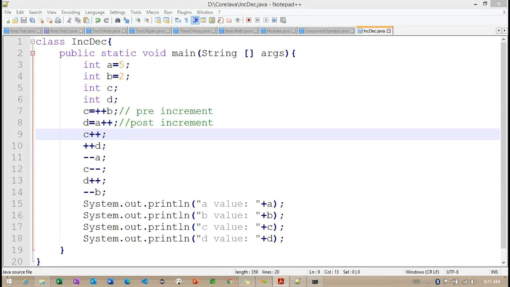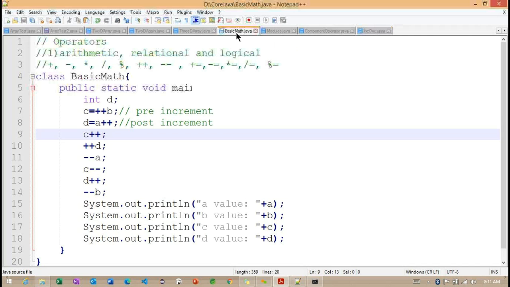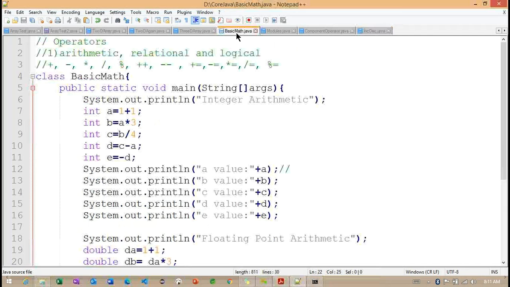Later, we are going to discuss the relational examples. Once relational is completed, we'll go to logical. We can complete relational and logical tomorrow. Once those are complete, we'll move on to loops. What loops do we have in the Java language, and what is the difference between each and every loop? We are going to discuss that in our upcoming classes. Okay, if we don't have anything here, we'll stop here and continue tomorrow.